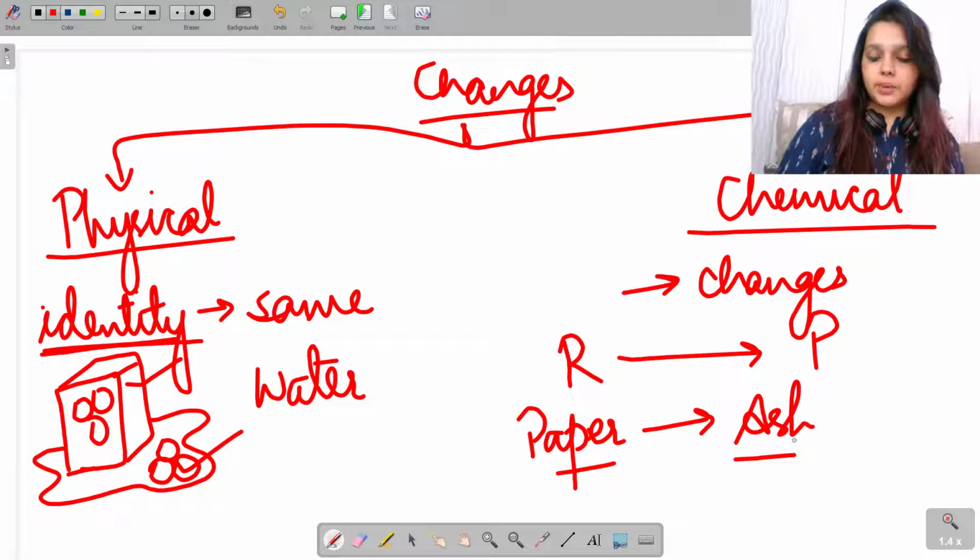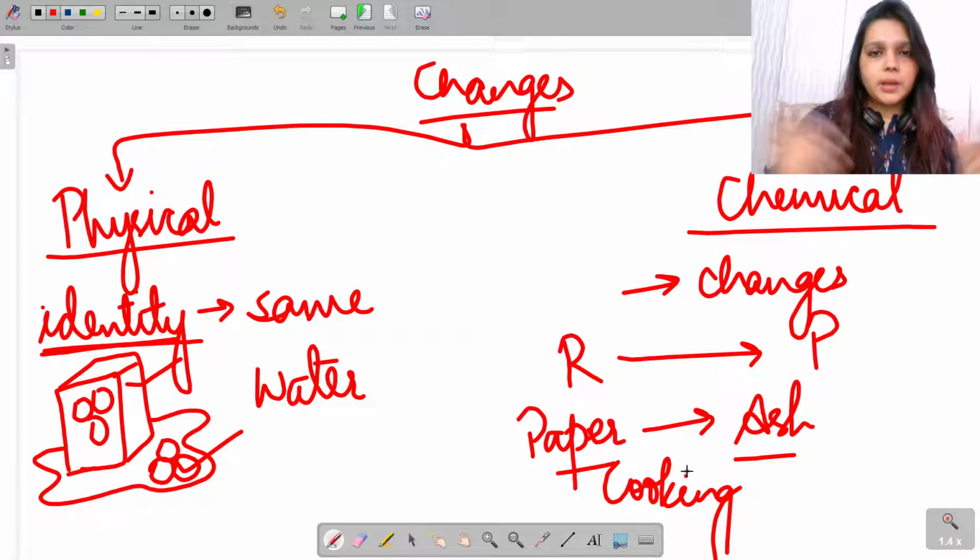I could better explain it with, suppose there's cooking of something happening, maybe a cake has been baked, right? All those particles that were used to bake the cake are changed, their identities are absolutely changed. If you eat a cake, you can identify its flavor, but you cannot distinguish that, oh, I just had a pinch of flour or maybe essence. You can't really distinguish all the ingredients that you put in, right? So chemical changes bring about changes in the identity of the reactants, absolutely, and hence the products are formed, right?